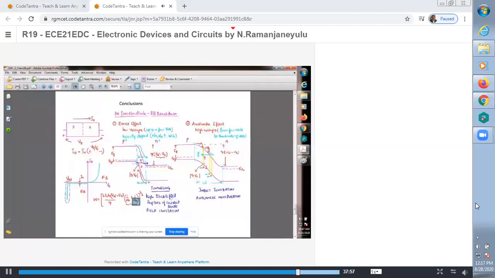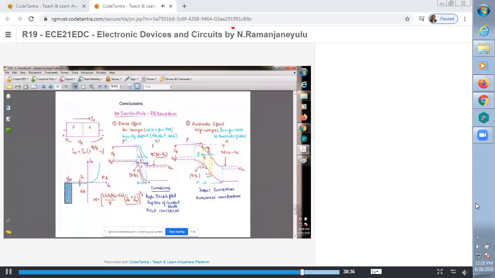Now, due to rupturing of covalent bonds, field ionization takes place. We can explain it another way: electrons move directly from the P side valence band into the N side conduction band using the tunneling mechanism. A large number of electrons directly move from the P side valence band to the N side conduction band, so a large amount of electrons cross the junction and a large current flows through the junction.